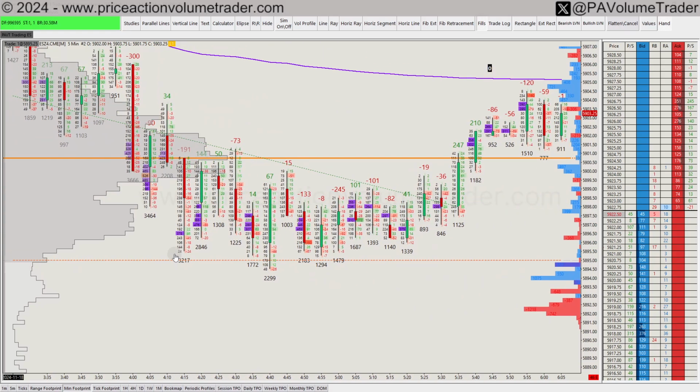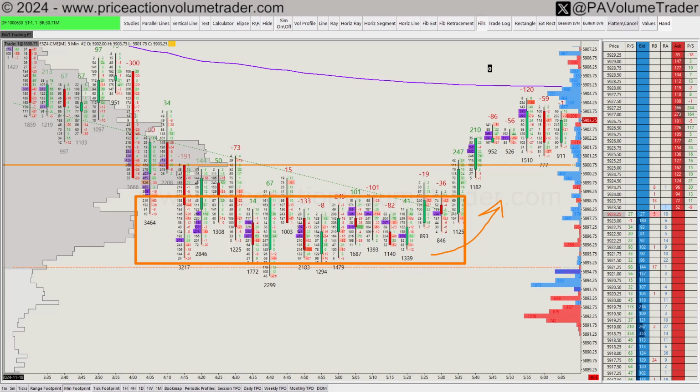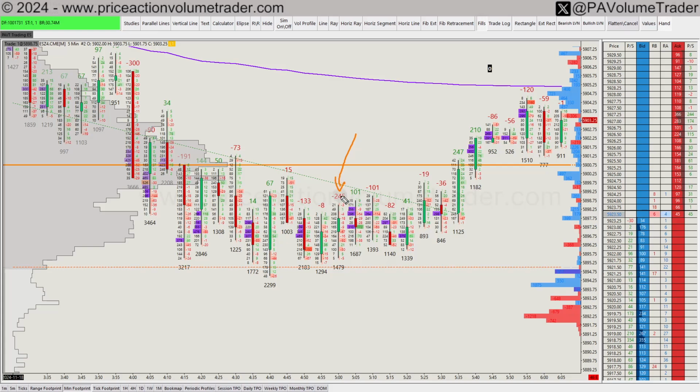And then the reason I ended up getting out, I went and I opened the chart right around this area, right around 5 a.m. And I noticed just a clustering of high volumes. This for me is a signal that this is potentially absorbing sellers now, and we have the potential for a reversal. We also had some candles like this one, 245 aggressive delta absorbed with a bullish candle, and then I got out right at this point over here,